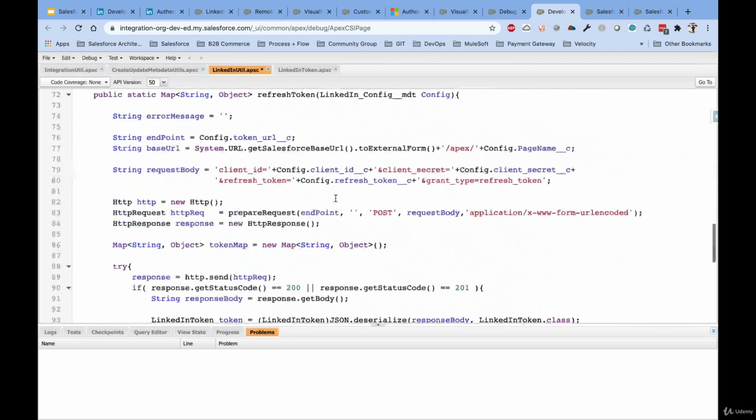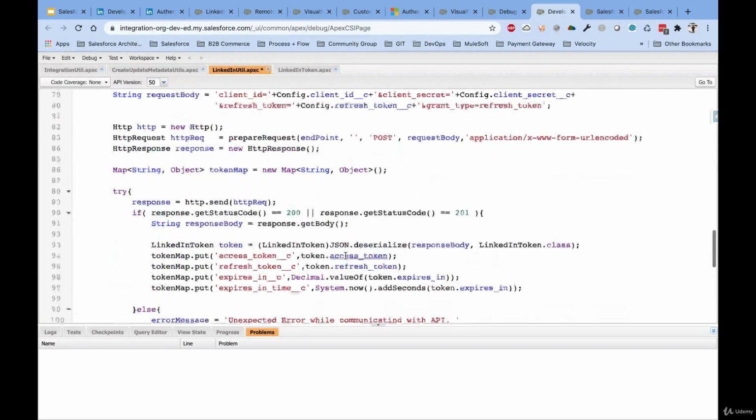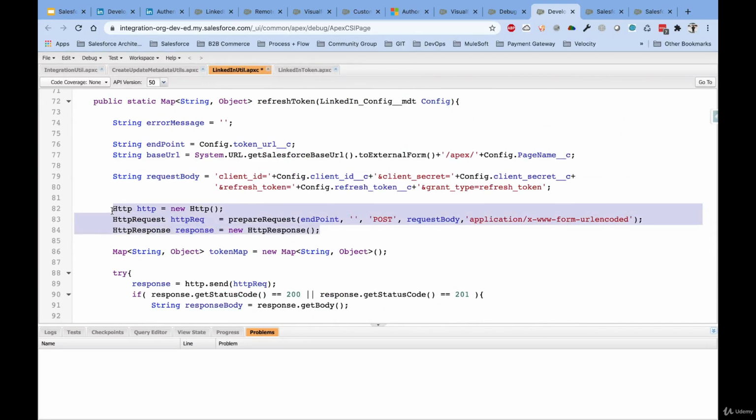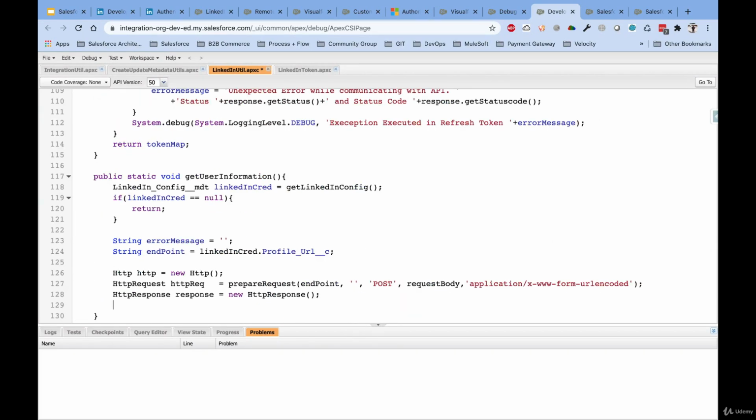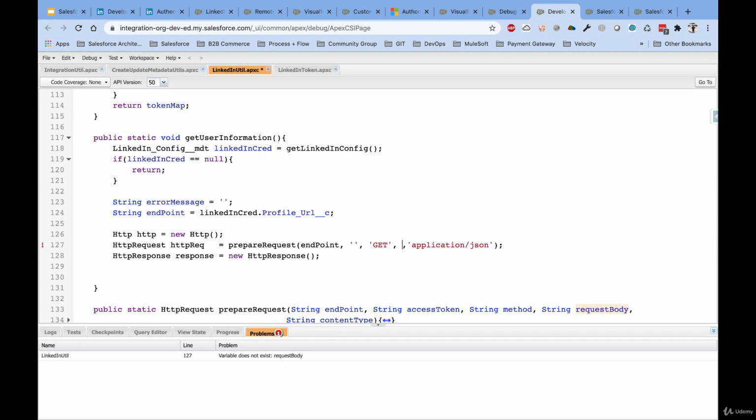We're just going to copy paste because we already have reusable code. We got that endpoint. Now let's quickly again copy paste these 3 lines. Now what we need, we wanted to get the information about the profile. We don't want it to post anything, right? So what we will do is we will just say get, and this time we want it in the form of JSON, and we have to pass the access token this time now, and there is no request body,